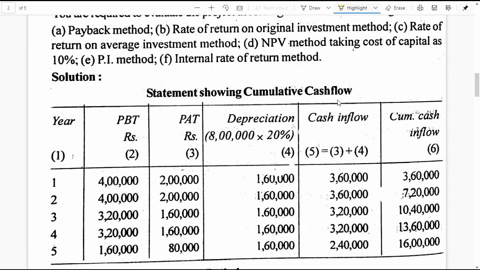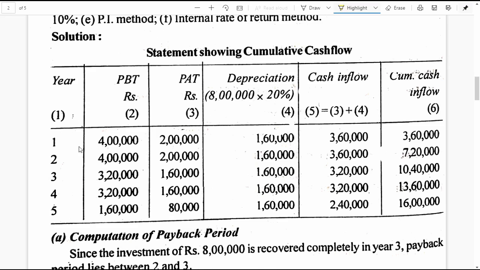Statement showing cumulative cash inflow, which is required for calculating payback period of the project. Now the data that are presented in the problem are given in the first two columns. The next one is about profit after tax. From profit before tax, let us calculate 50% of tax. And the remaining of profit before tax is nothing but profit after tax. For example, the first year profit before tax of the project is 4 lakhs. If you deduct 50% of 4 lakhs, which comes to 2 lakhs, the balance 2 lakhs is named as profit